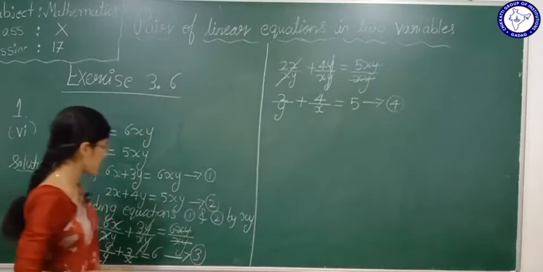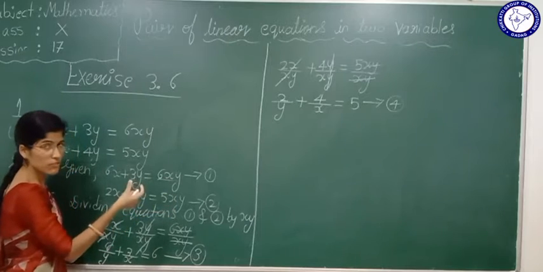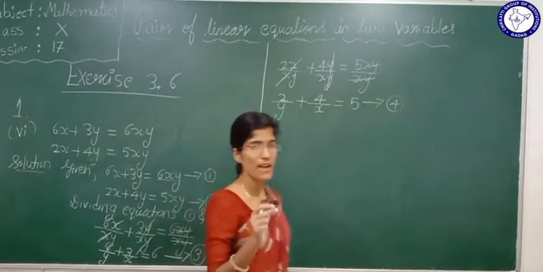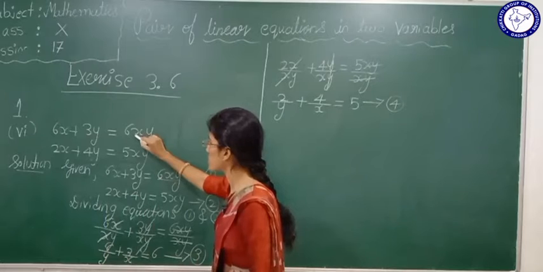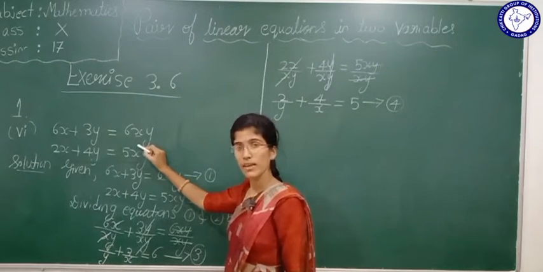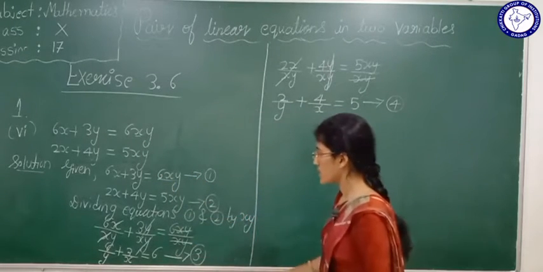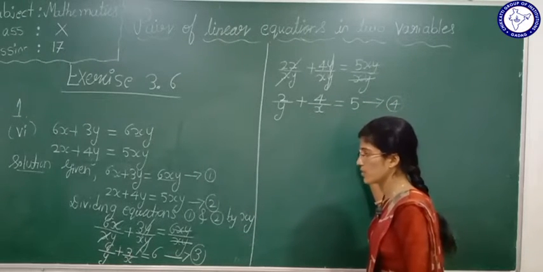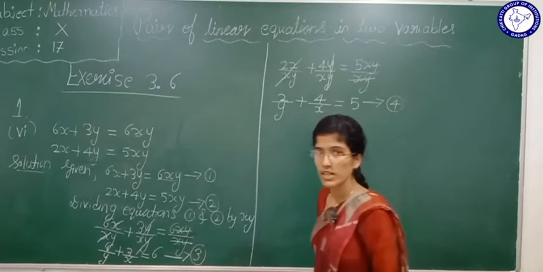Now see here, why have we done this? Because there was no constant here. In previous problems we saw there used to be some constant, but in this problem there was no constant. There were two variables, x and y. So we divided both the equations by xy, right? If we divide both equations by xy, now we got constants. Listen, now see equation 3 and equation 4. We can do some substitutions to reduce into a pair of linear equations.